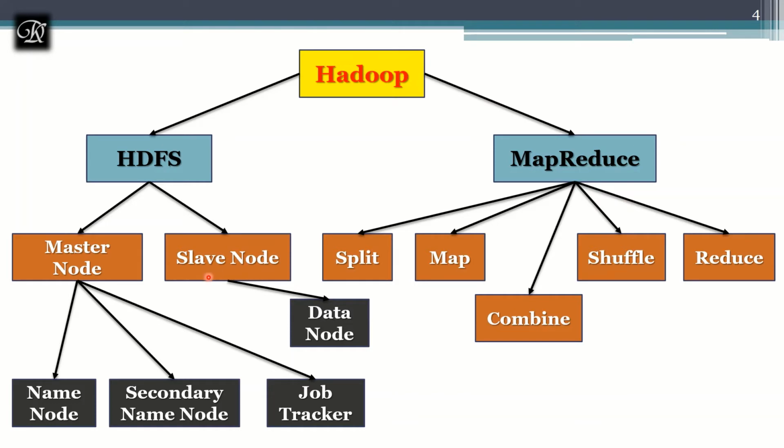Why? Because here the name node's job is only to keep track of the FS image. The FS image is, as I said, just like an index or content page, which keeps track of where the data is, the metadata. And the secondary name node is an exact second version of the name node. It's a replica, so it can have the same thing. So it can have some GBs of hard disk and low computation power compared to data nodes.